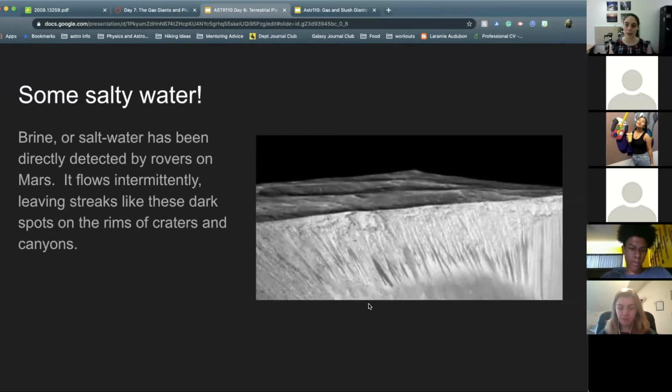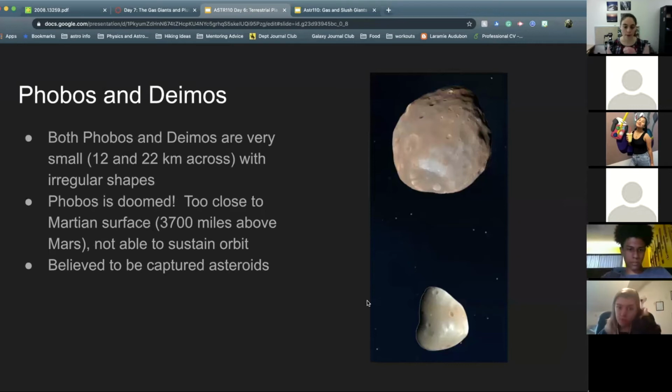So you need a safe environment that sticks around. This water does not seem to stick around. So my caveat to there being no water on Mars is there is a teeny bit of salty water that comes and goes. The last thing I want to end with on our terrestrial planets and Mars is that Mars has 2 moons.